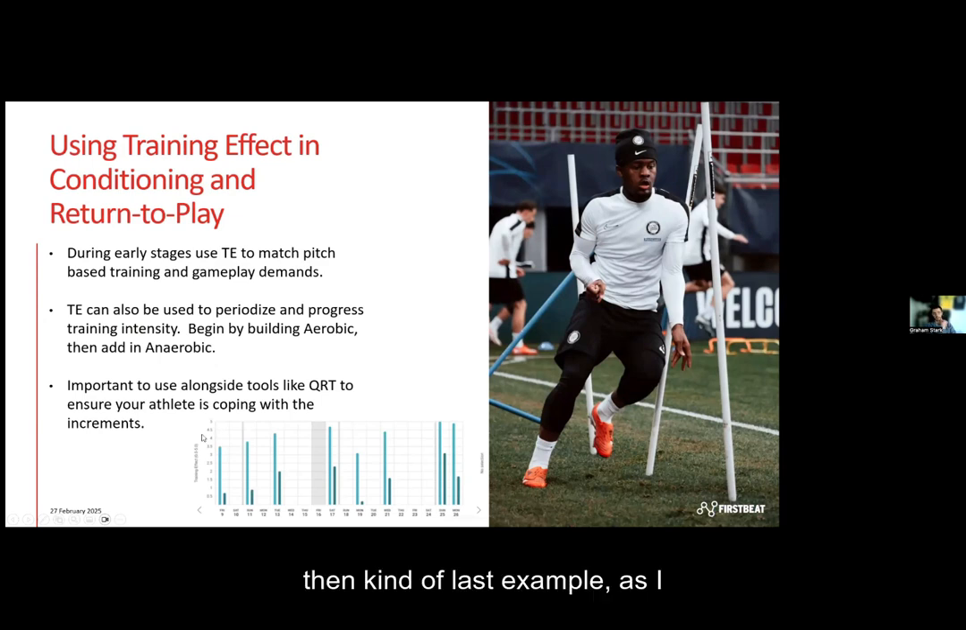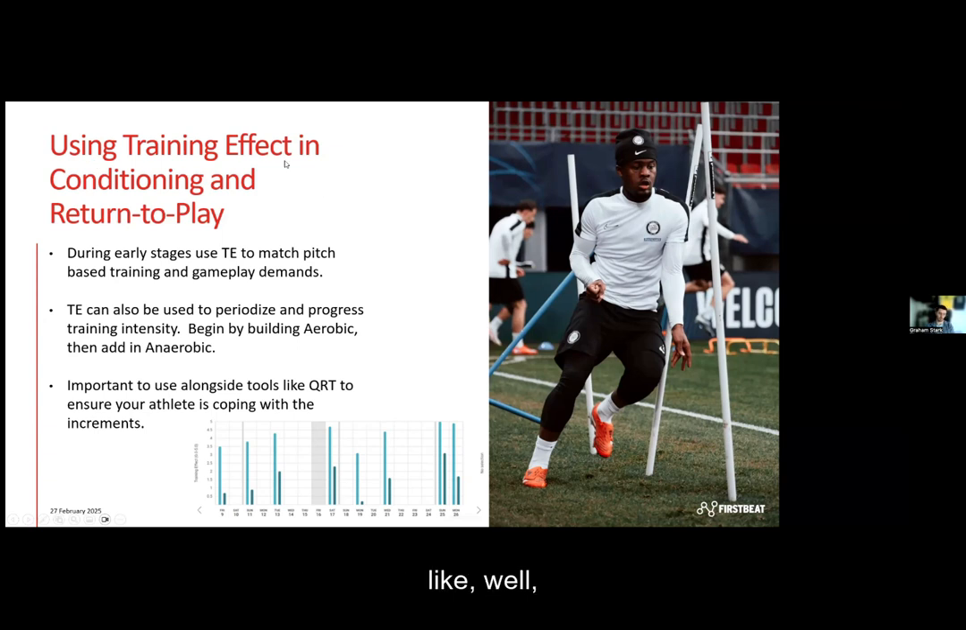And then kind of last example, as I touched on earlier, using it in conditioning and return to play protocols. A really good way to do that, particularly while players are off from their main sport. So they might, like I referenced earlier, be in the gym, might only be able to cycle, might only be able to use a hand bike or a rower rather than being on their feet or out on the pitch. But rather than just putting together sessions that you think might keep them ticking along,